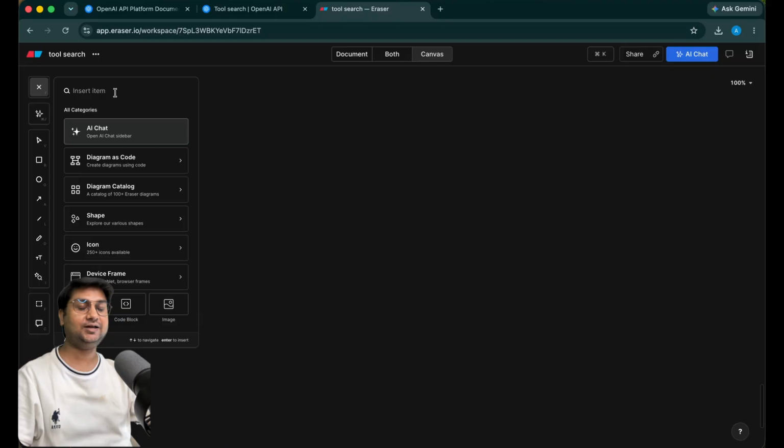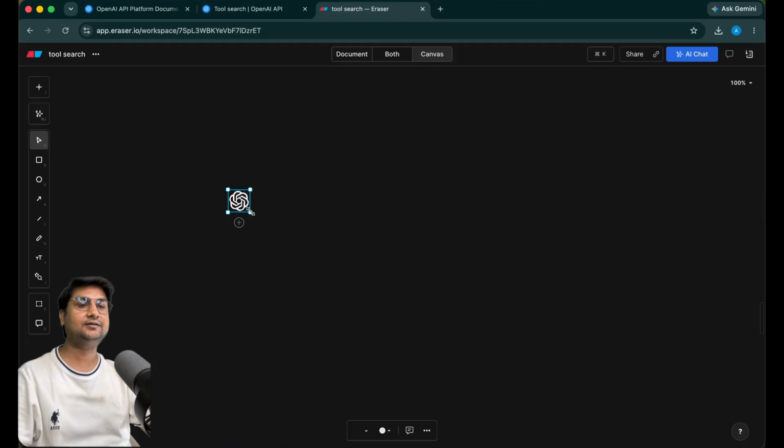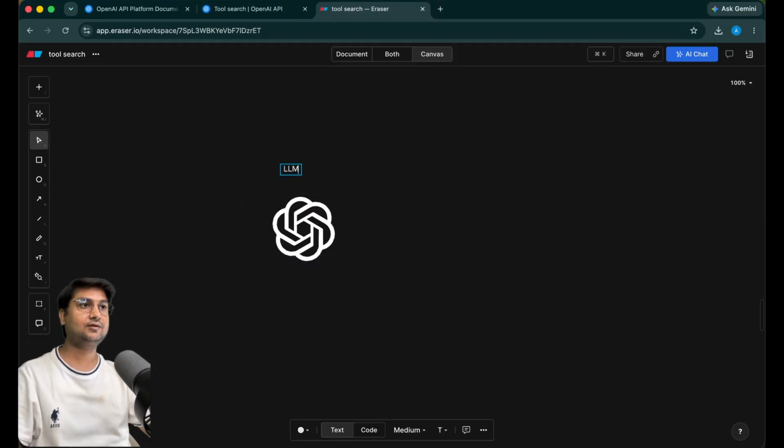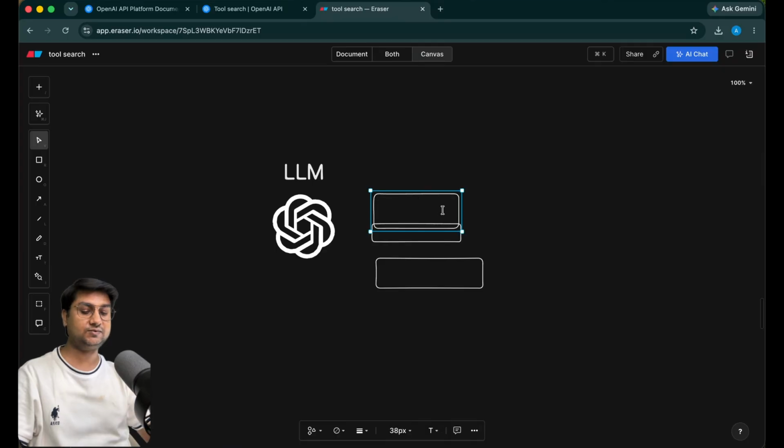So suppose we are having an LLM, right? So OpenAI, we are having this LLM, and so what are the restrictions of this LLM, right? This LLM can generate data which it is trained on, but if you want this LLM to search on the web, you cannot. If you want it to call other external APIs, it cannot, right? So for that, what you do, you create some tools, right? You create different tools for it, like this is the web search,